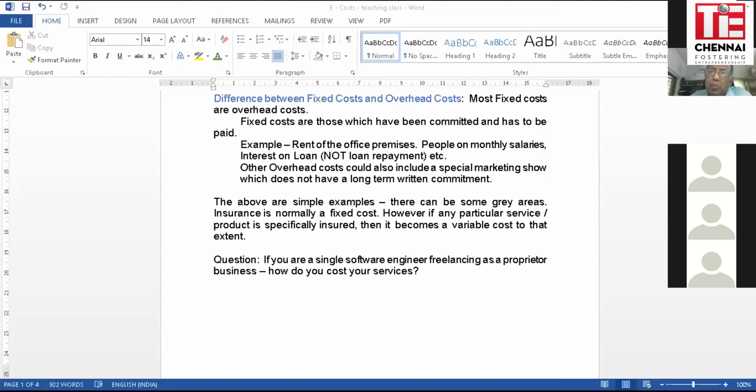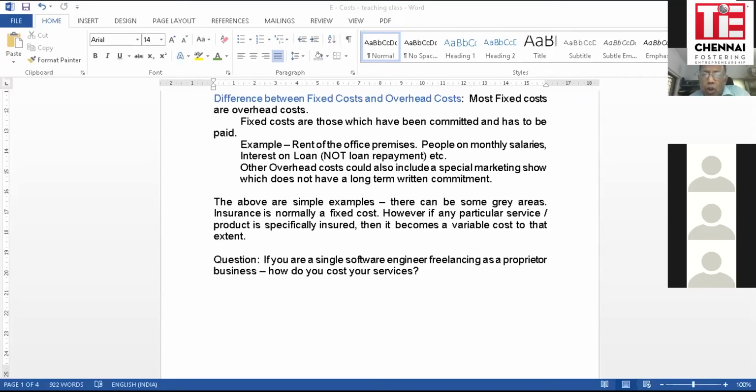Now, this is very, very specific to people who are in the business of providing software services. You might take on a job in which you have agreed to do certain things, but since you are not an expert, you hire an external consultant to do a part of that. Now, he gets a job only because of your main job, and therefore his is variable. If you had not got the job, you would not have given it to him. So it's not a fixed cost, unlike a salary. So variable, very clearly, it varies, as the word implies, with the output. And it does not happen if there is no output.